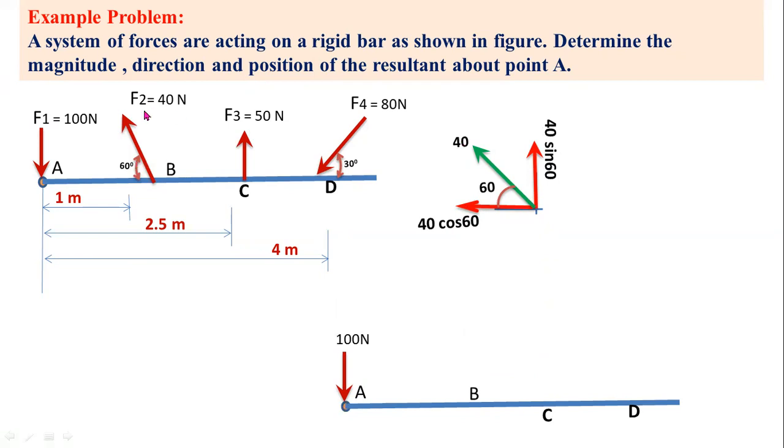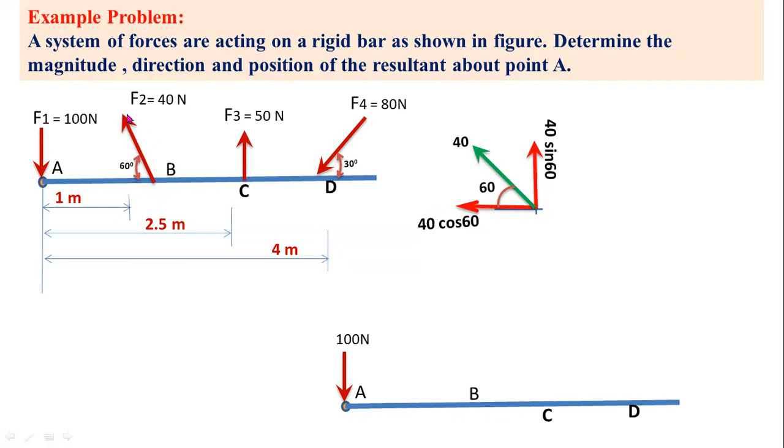Force F2 lies in the second quadrant. You can observe this is the second quadrant position, so this is the actual position. Here 60 degrees is the angle. Now this force is acting away from the origin, so you have to consider X and Y components also away from the origin. This is the adjacent side, so you have to consider cos theta for the adjacent side. For the opposite side, you have to consider sin theta. So this is the vertical force and this is the horizontal force.